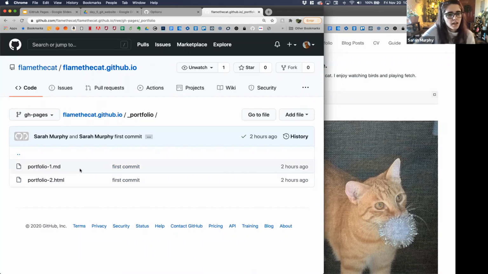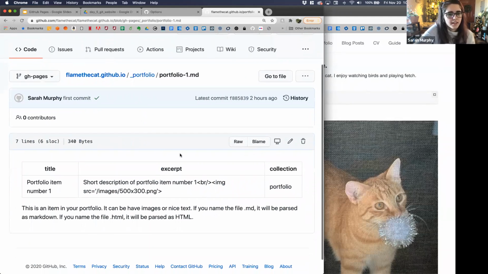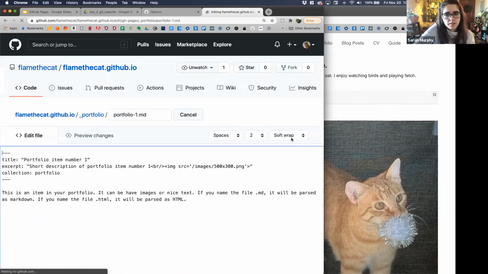But here, it's smart enough to know how to deal with a .html file. If we first look at the .markdown file, it'll look like this. We have this table in the top, like we do on all the pages, and then where we type. So if we just hit the edit this file button,